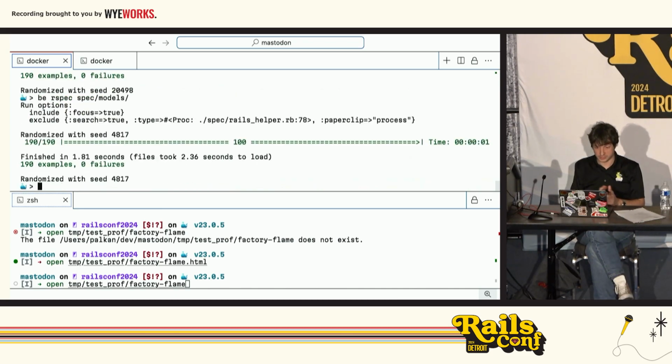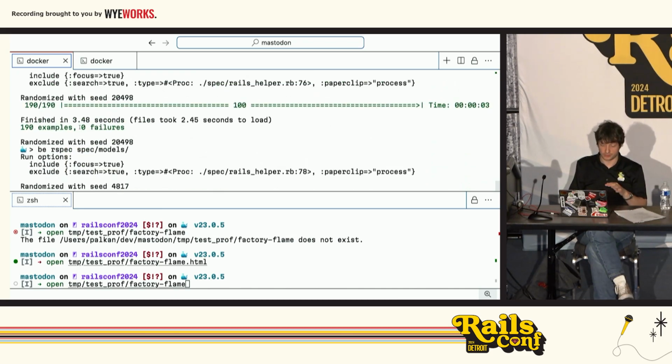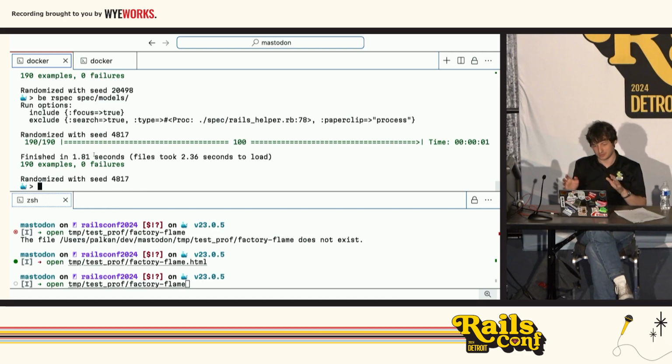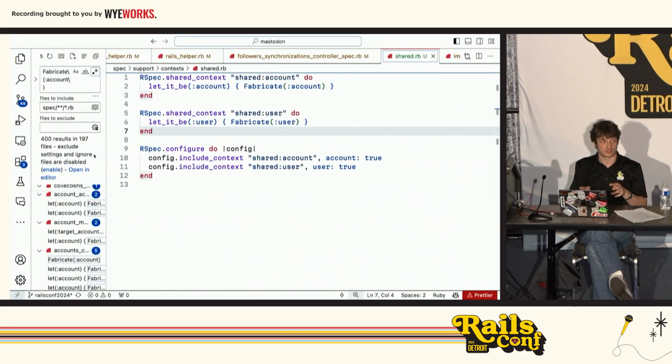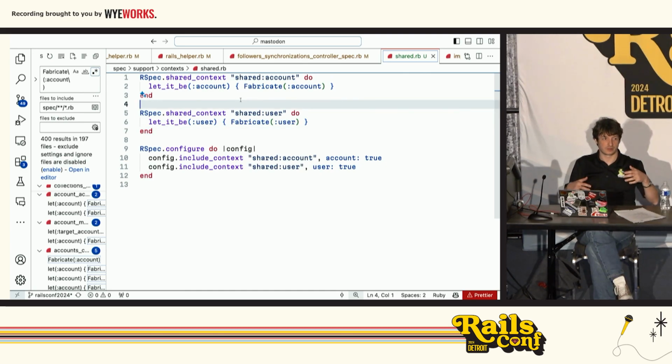Woo! A second and a half. So before it was like 3.5, and that's like 2 times faster, just with this tiny change in this single file. It's like 3 seconds compared to 1.5 seconds, which seems to be nothing. But if we go further and apply this tiny fix to more tests, the cumulative improvement